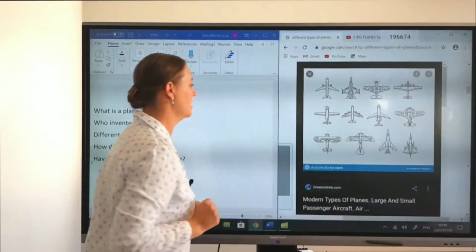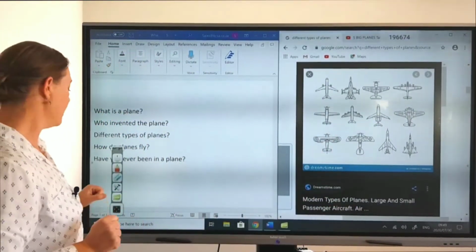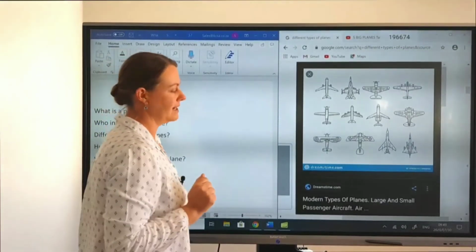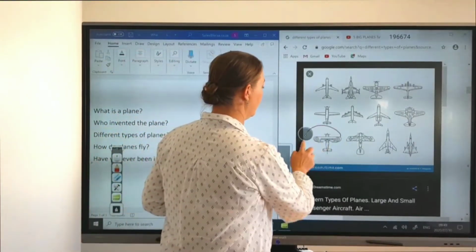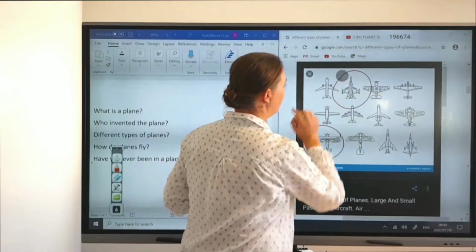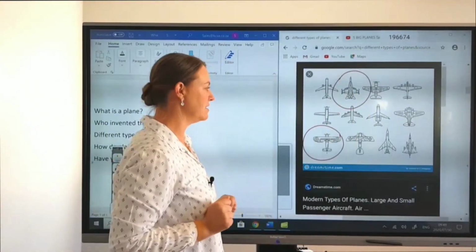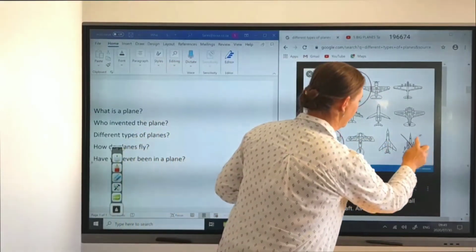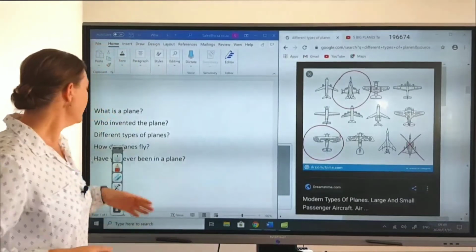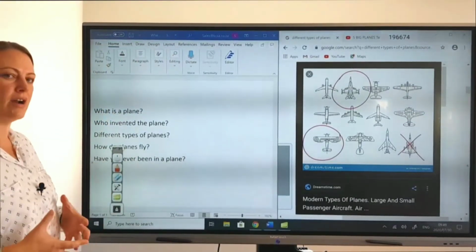And there's my image. However, I'd like to highlight a few things to my students. So all I do is click on the pencil and perhaps I'd like to show my students what an old warplane looks like compared to a modern day fighter jet. And perhaps we're not talking about space adventures today, so we just cancel out the space one and we can carry on discussing this. And so here's my original Word document and we can carry on with the lesson,